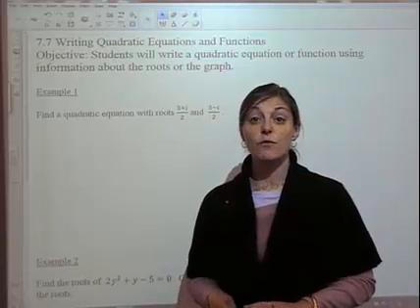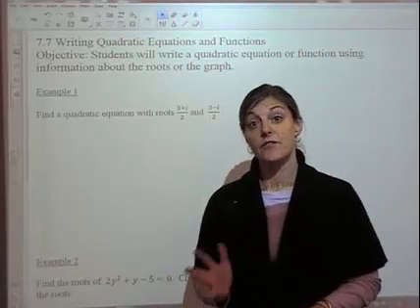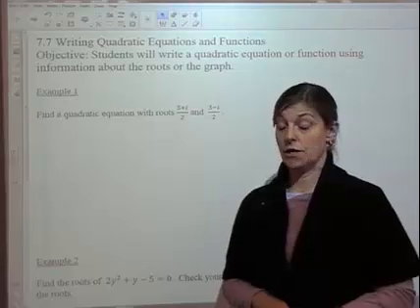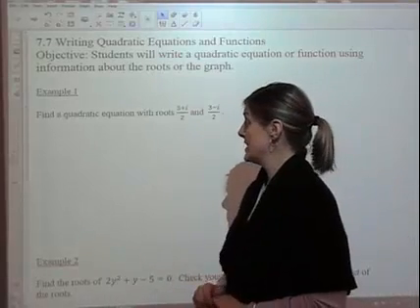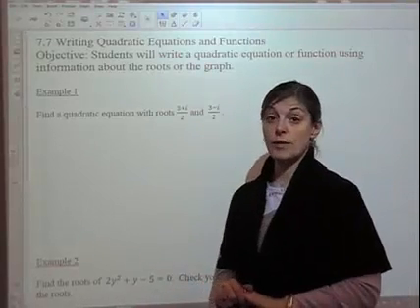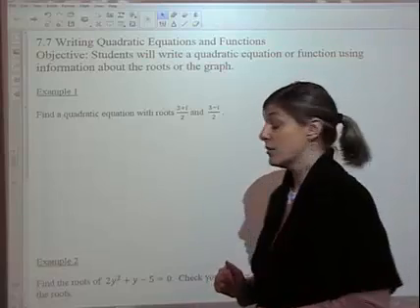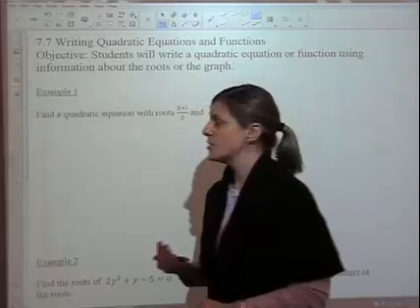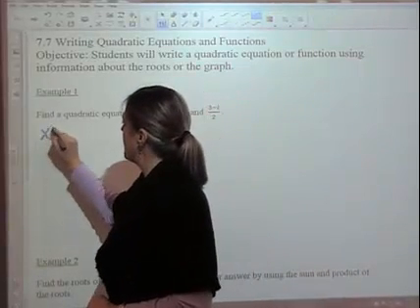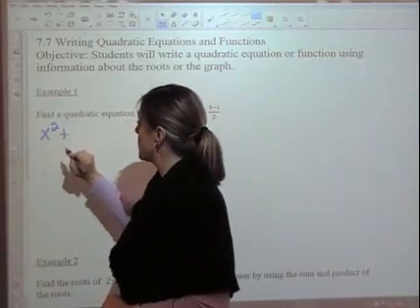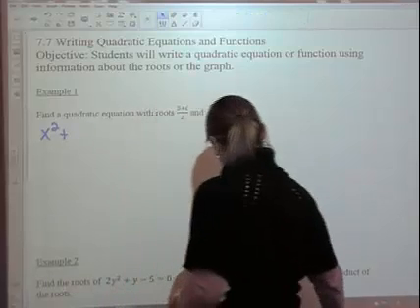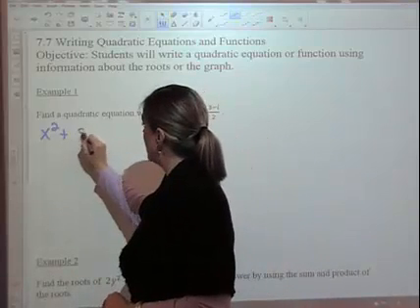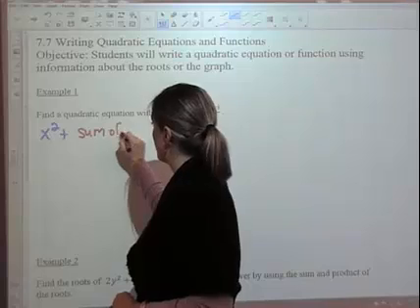All right, so today we're going to write quadratic equations given certain information about those equations. So in example number 1, we have roots of 3 plus i over 2 and 3 minus i over 2. Now, when we're writing a quadratic equation, we need to remember that we have x squared plus the sum of the roots